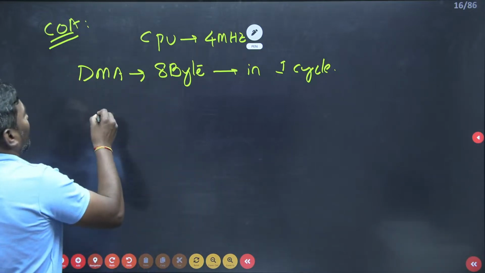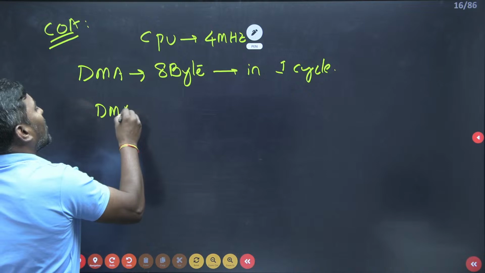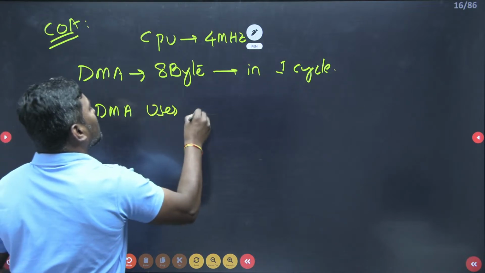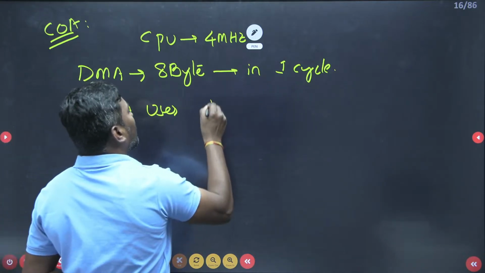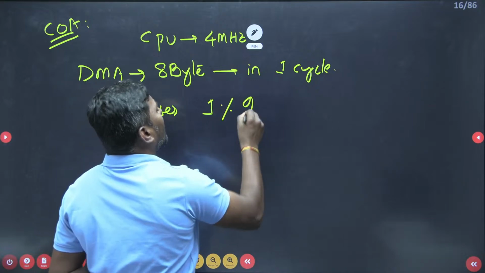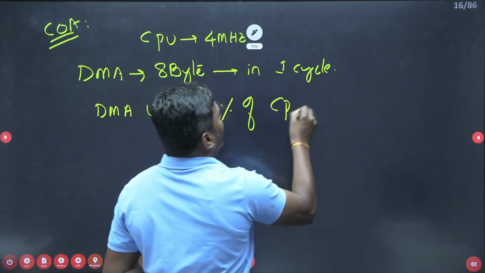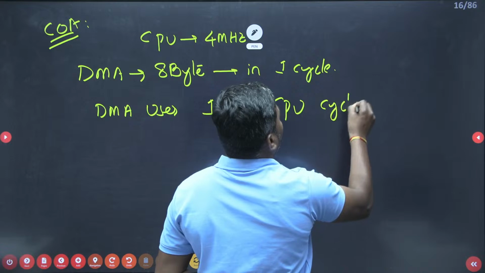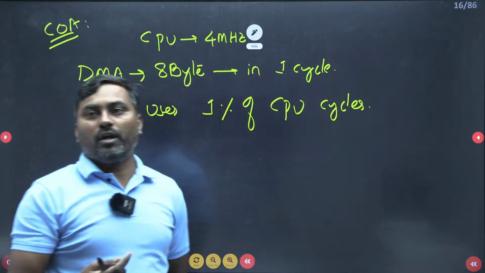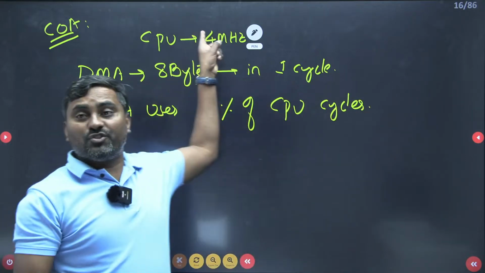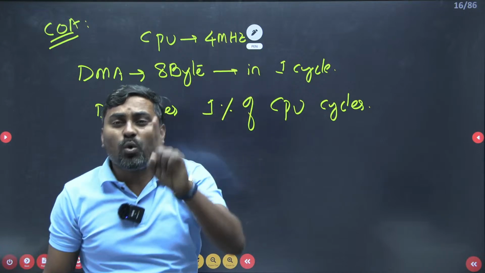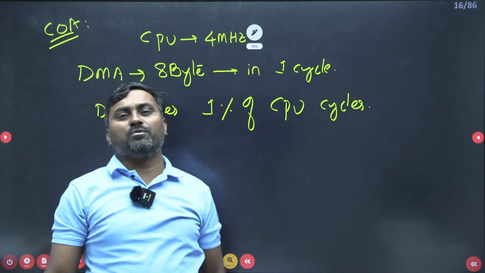Now they said DMA uses 1% of CPU cycles. This is the rate of generating the cycles, but DMA is only using 1% of those CPU cycles for transferring